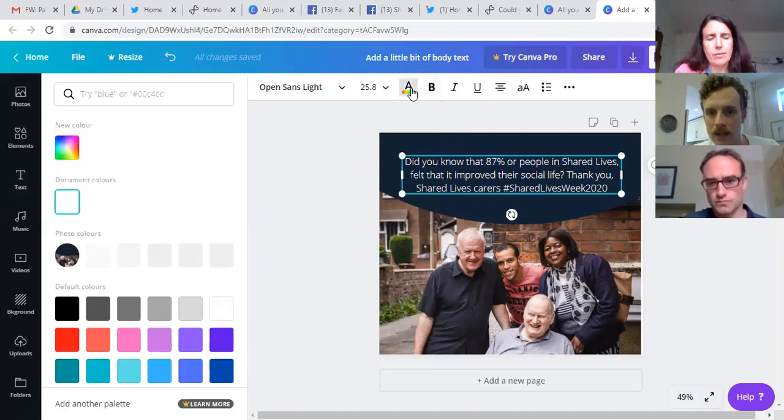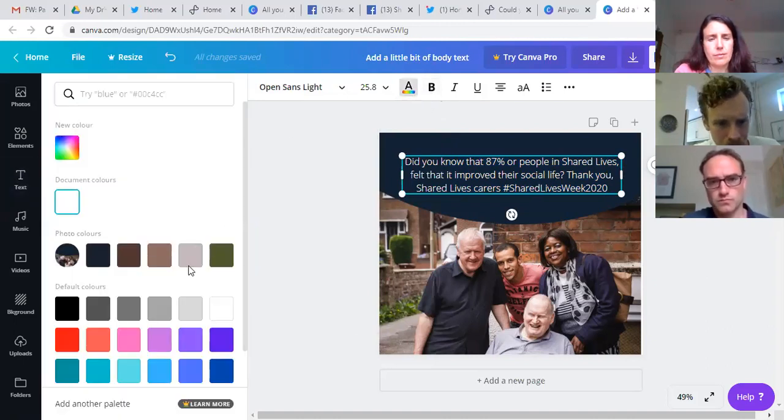But just say we want it to be something different. You'll see down here, we've got a couple of default colors that we've used in the past, and this coral red here looks quite familiar, and I think that's one of our brand colors as well. But you can pick a new color on here.